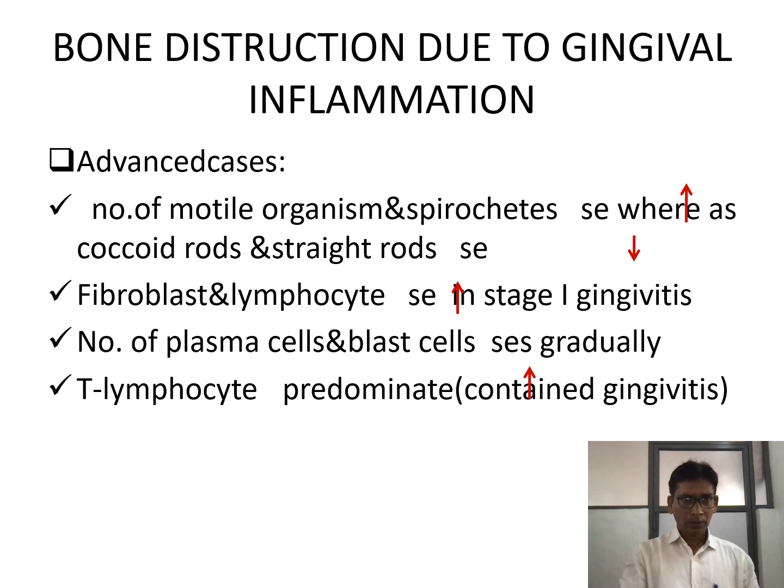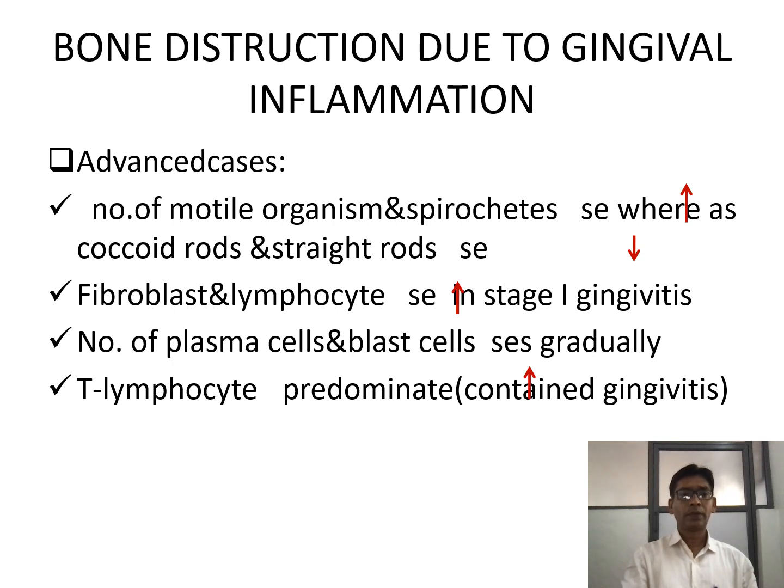Now, once bone destruction has occurred because of gingival inflammation, there will be certain changes occurring in the gingiva leading to destruction of the alveolar bone, and there is a variety of changes before the commencement of the loss of alveolar bone. Namely, there will be a change in the organisms from gram positive to gram negative organisms, and also there will be an increase in spirochete organisms, which will lead to